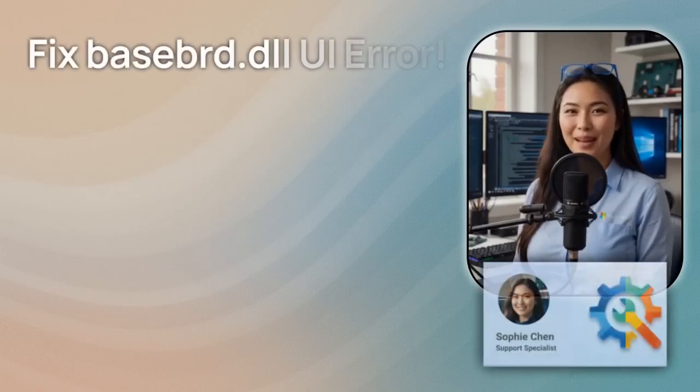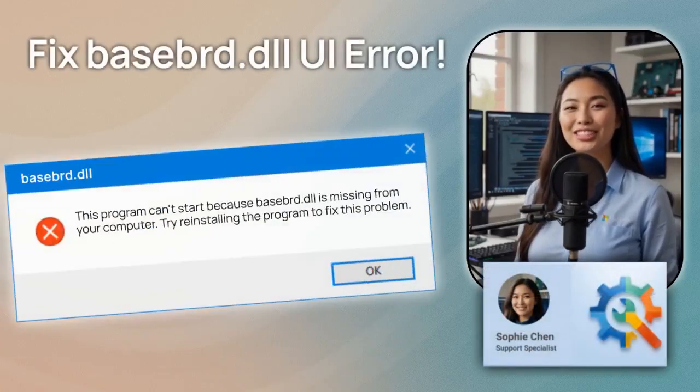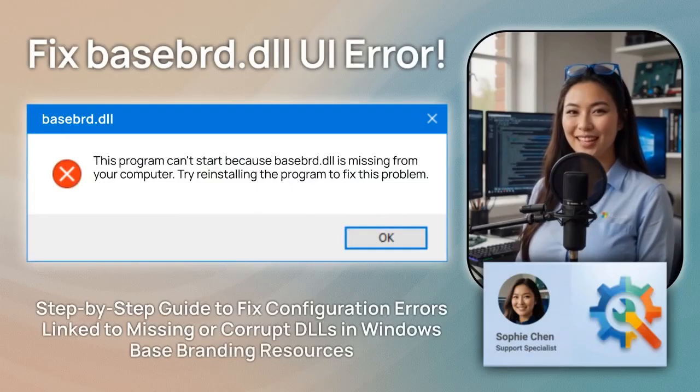Are you being annoyed by the Basebrd Library DLL error causing system instability? I'm Sophie Chen, a senior Windows support engineer, and I'll walk you through the diagnostic steps to fix your execution